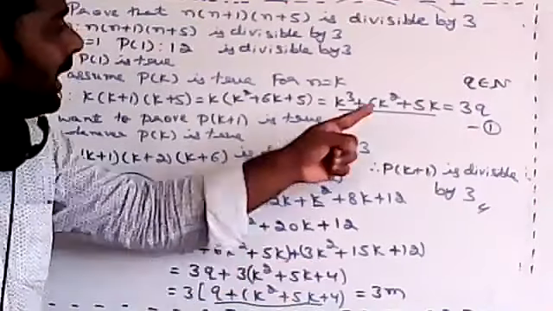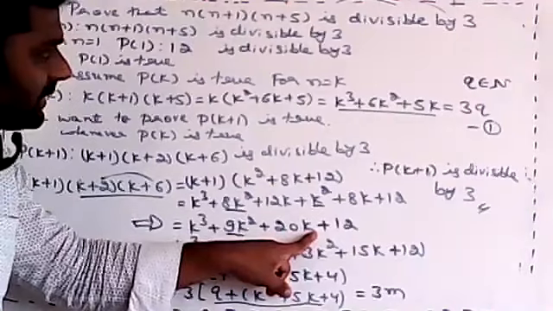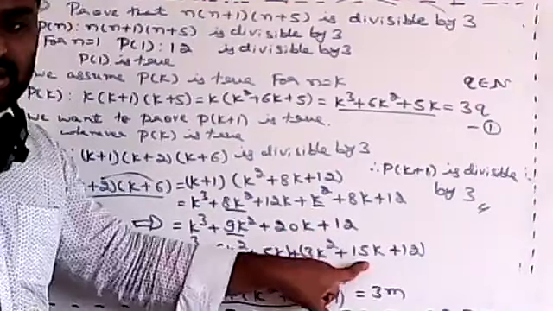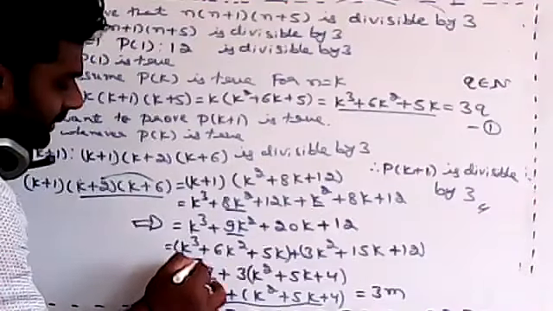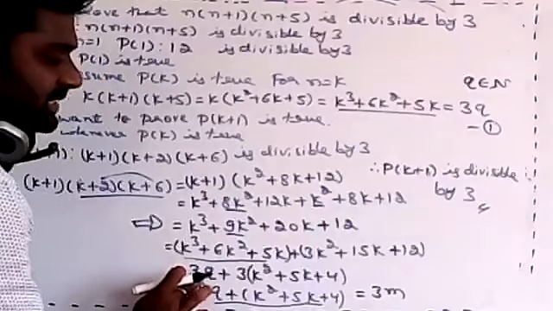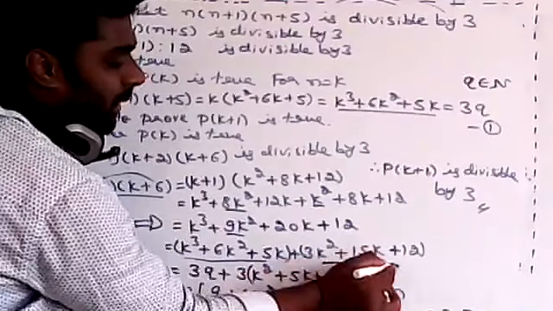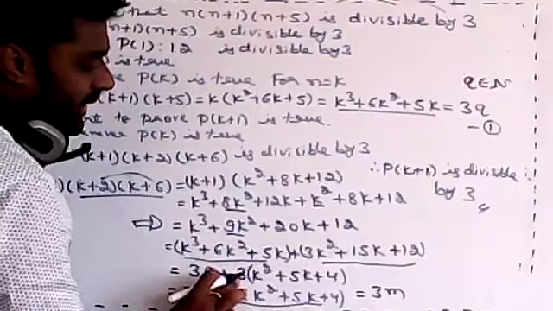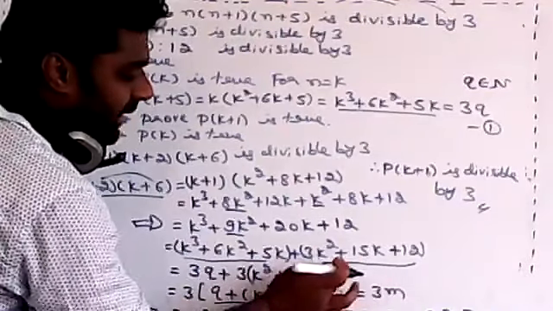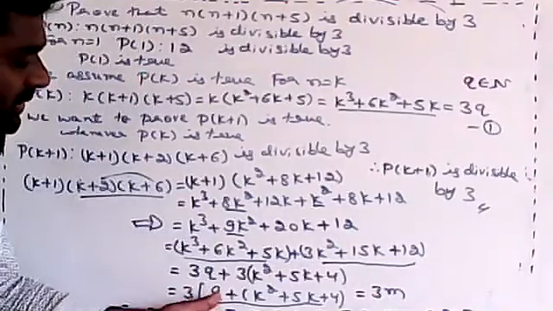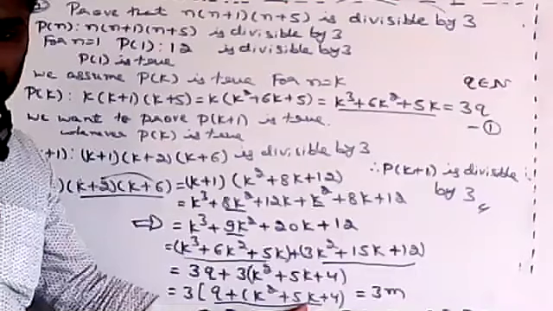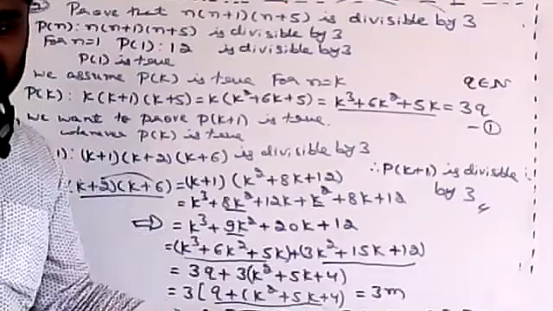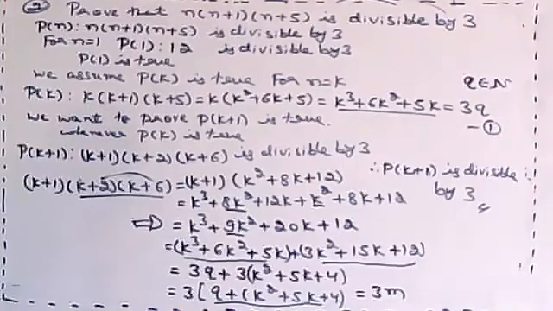Okay. Then I want 5k. So 20k I'm separating as 5k plus 15k. Correct? Then remaining you write down plus 12. So this term is nothing but, from equation 1, that is 3 cube. Again in this term, I'm taking 3 common. So if I take 3 common, remaining is k square plus 5k plus 4. So 3 is outside. This whole term is what? M you take. Clear, Namita? So 3 into m. It means it is divisible by 3. Yes, I'm splitting. That's why only.